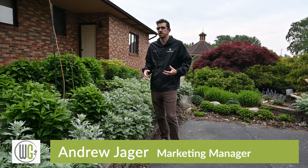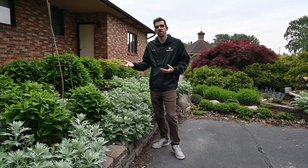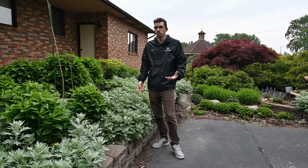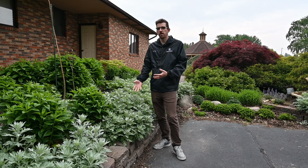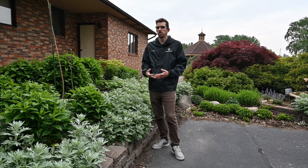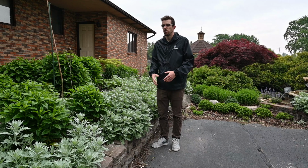We're going to draw a comparison today between movies and building a garden. If you follow any of those Hollywood award shows, you know that they have a best leading actor category and then also a best supporting actor category. Both incredibly important for making a good movie, and it's very similar in the display garden where you need your